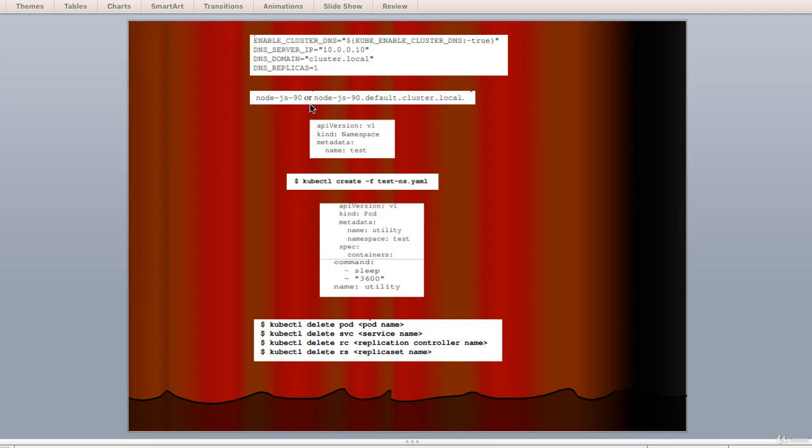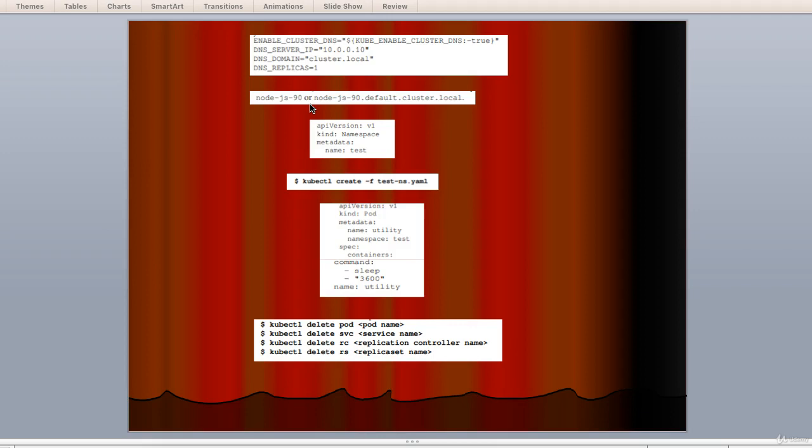Now to start, Kubernetes has two namespaces. First is default and other is kube-system. Now kube-system namespace is used for all the service level containers we saw earlier. The UI, logging, DNS and so on are all run in kube-system. Everything else the user creates runs in the default namespace. However, our resource definition files can optionally specify a custom namespace.